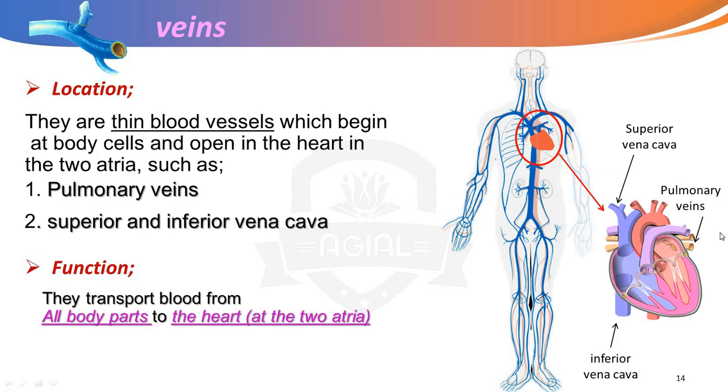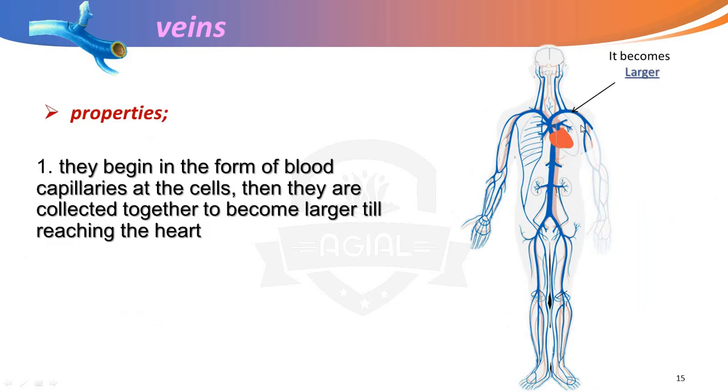So it will return back to the heart through the pulmonary veins till it reaches the left atrium. Then the blood passes through the valve to go to the left ventricle and passes through the aorta to all the body parts. So veins transport blood from all the body parts to the heart. As we said, it began in the form of blood capillaries in the cells of the body parts. So it starts from the body capillaries at the cells, then they are collected together to become larger till reaching